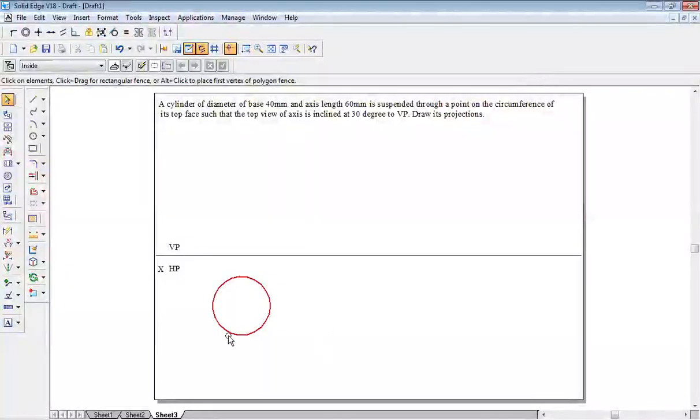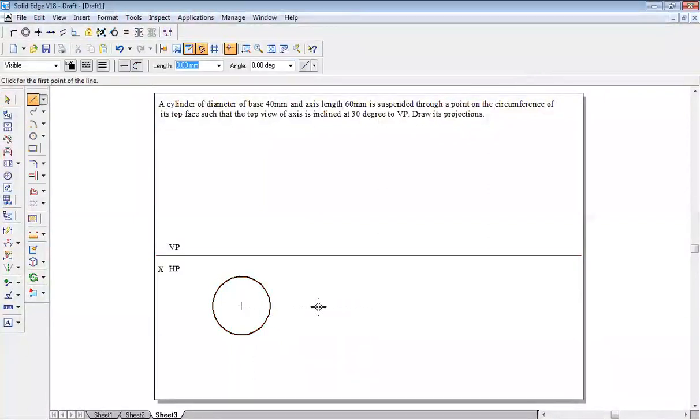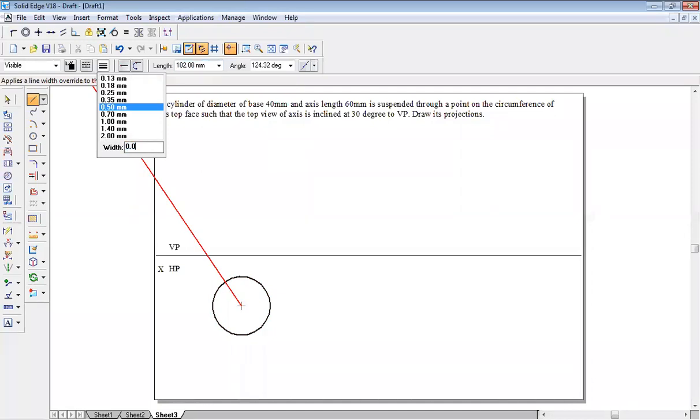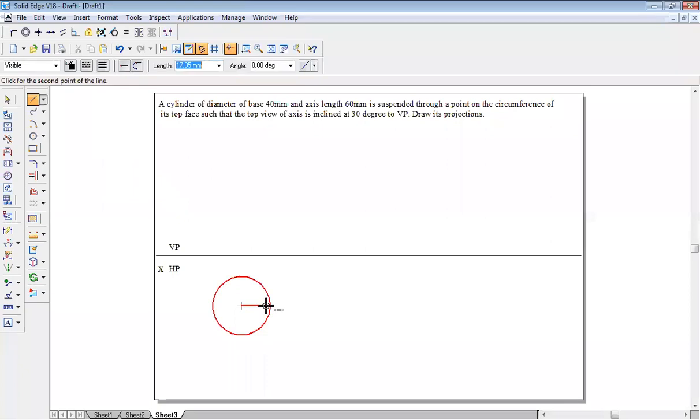Record is started. So I have drawn a circle of 40 mm diameter. Split this into 8 equal parts because I want the ellipse to be drawn in the second part. From here, draw one line. No need to draw a dark line. It should be a projection line style, 0.05 line thickness, a continuous line. Just draw one horizontal line here. Then I have to divide this into 8 parts.